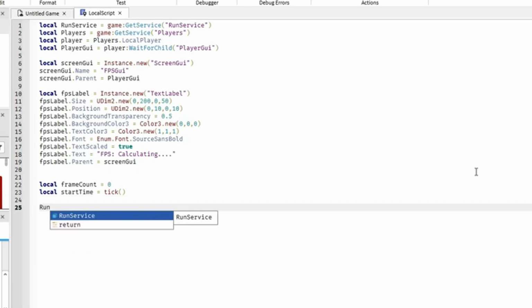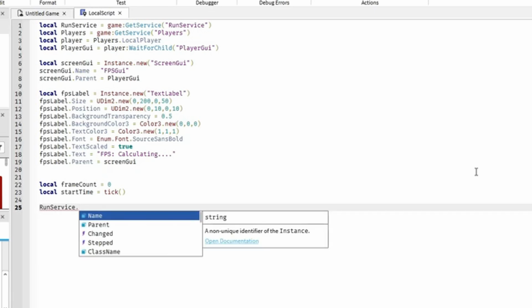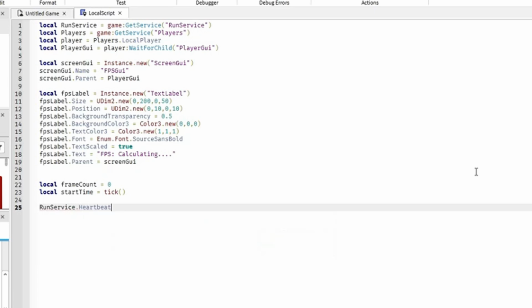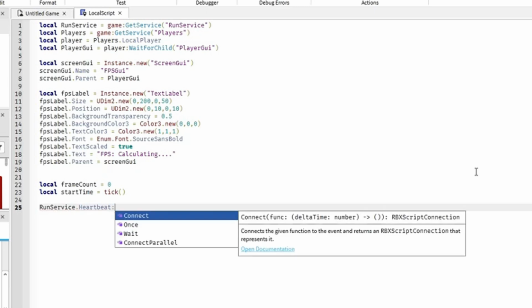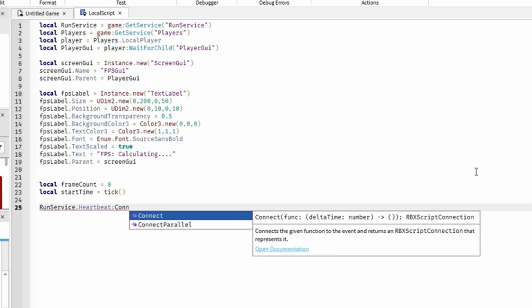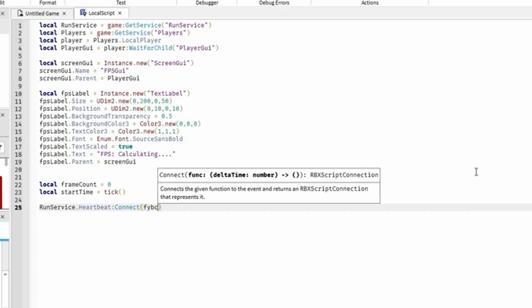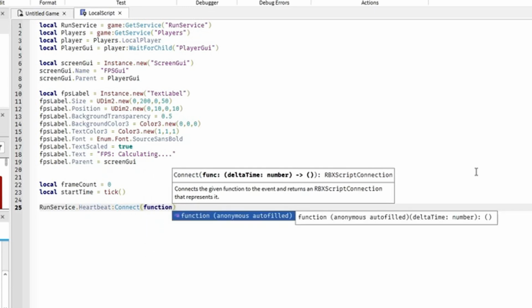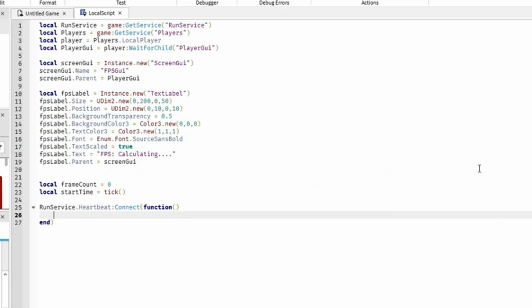And then we're going to use RunService.Heartbeat, so this fires at every frame once you load in. Connect function,